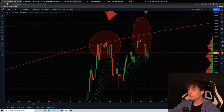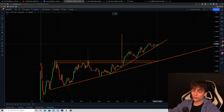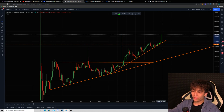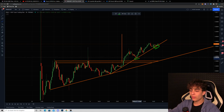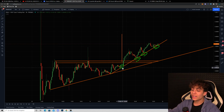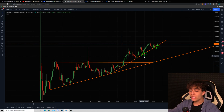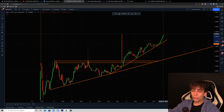Now, enough of the Bitcoin price. Let's also take a look at VLaunch VPET, because I personally think VLaunch VPET is right now preparing for its final breakout. It's really looking like VLaunch is getting supported here from our upwards trending support line on the half-an-hour candles. And I personally think that it is very possible that VLaunch, token ticker symbol VPET, is actually going to reach here the, let's take a look,